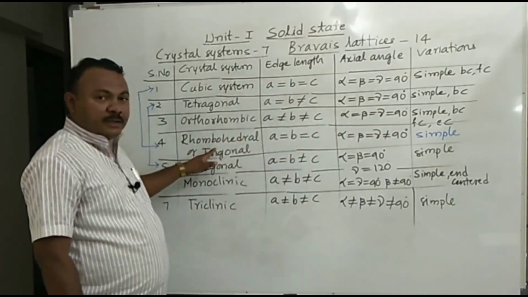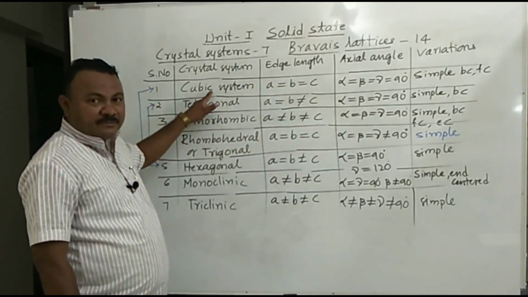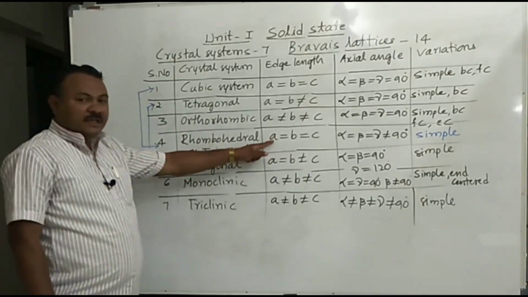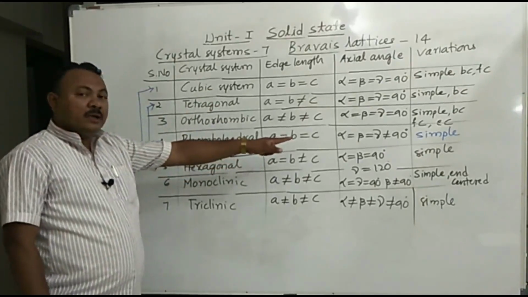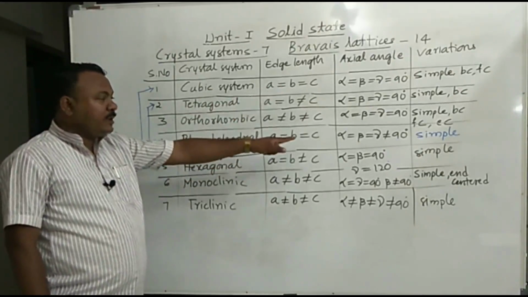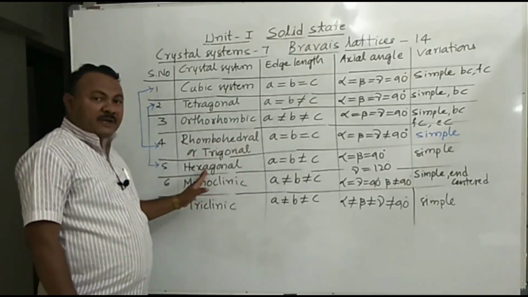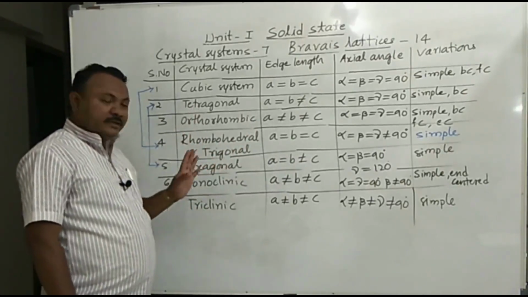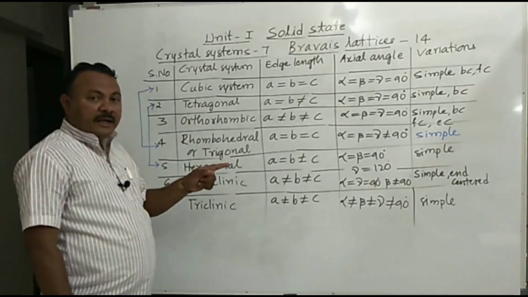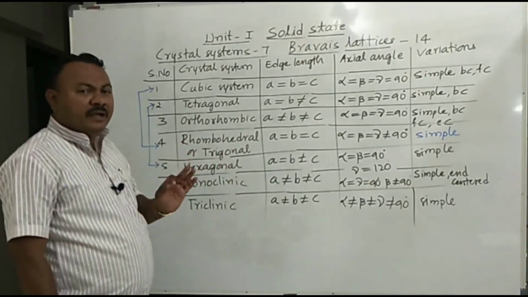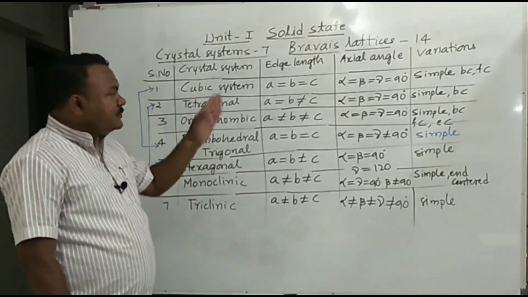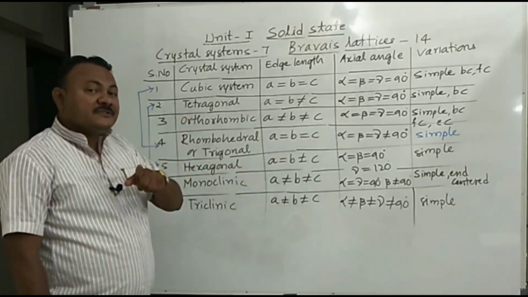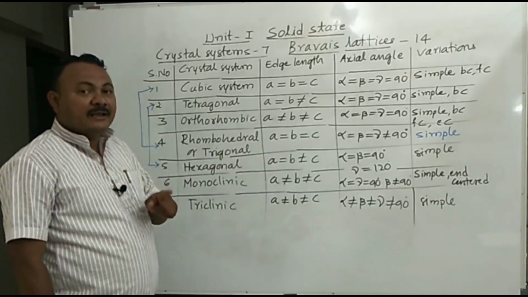Fourth one, rhombohedral. Once again based on the cubic we are writing. For cubic and rhombohedral system, A is equal to B is equal to C. Alpha, beta, gamma equal to 90 in cubic but not equal to 90 in rhombohedral. Hexagonal I am going to compare with tetragonal only with respect to edge length. A is equal to B, not equal to C. Alpha, beta 90, gamma 120. So if you get gamma 120, definitely it is the hexagonal system. None of the other crystal systems have a 120 axial angle. The only crystal system with a 120 degree axial angle is the hexagonal system.